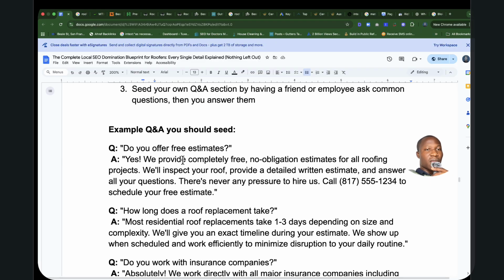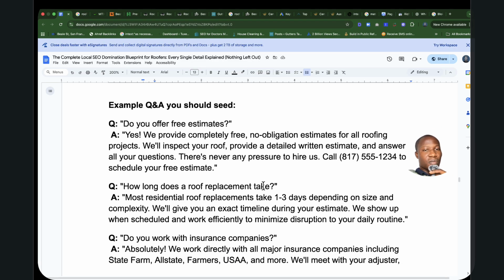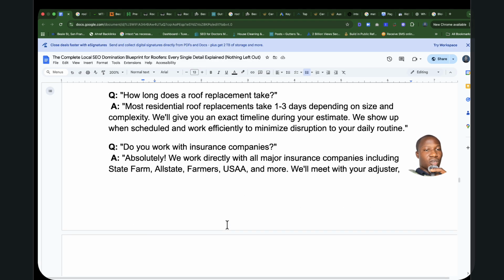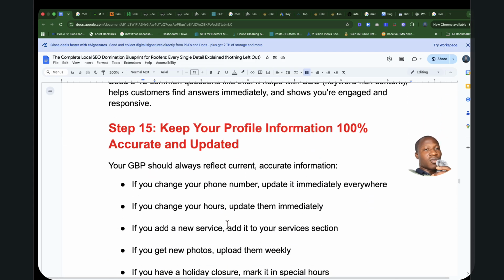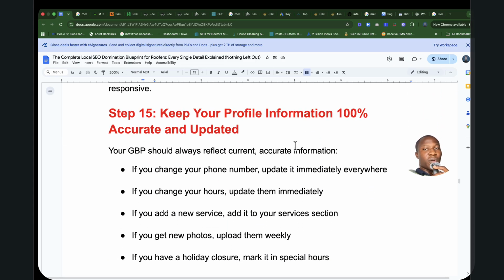So questions could be like, do you offer free estimates? How long does a roof take? Do you work with insurance companies? So just ask all of these questions. Then step number 15, keep your profile